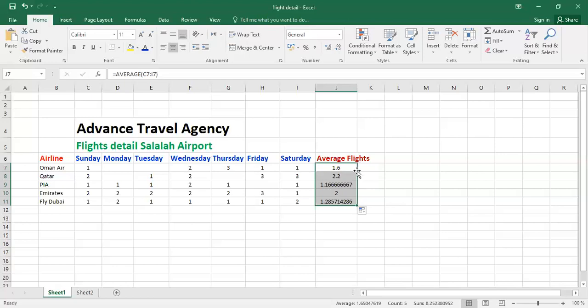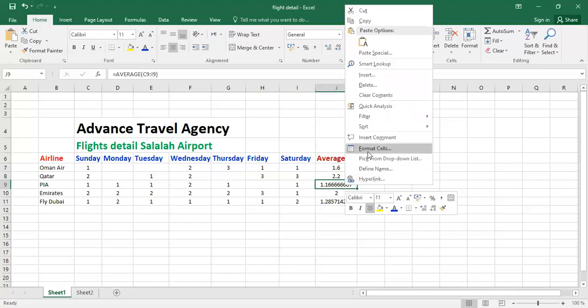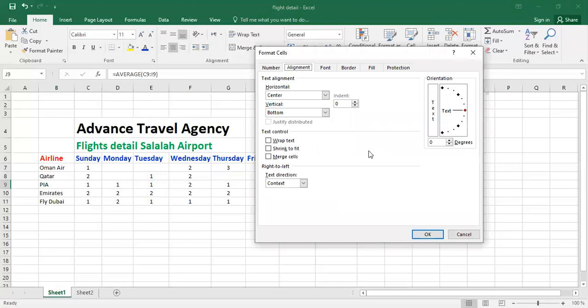You can see the averages appear, and you have noticed that in the first cell there is the value of 1.6 and the other one is 2.2, and in the third one it looks a little bit odd: 1.1666, there are many values after the decimal point. So how could I solve this problem? You have to right click on that cell and go to Format Cells,